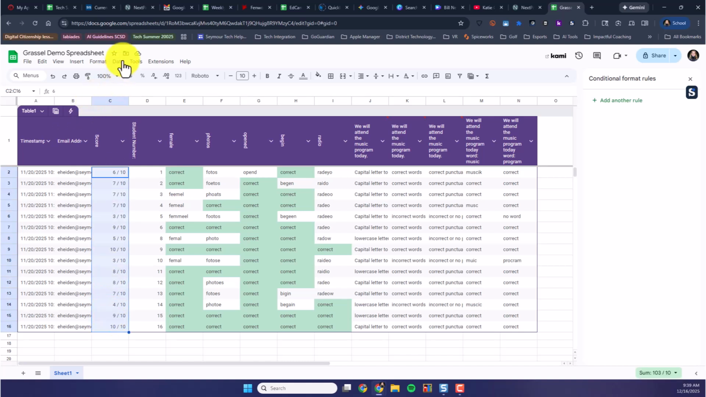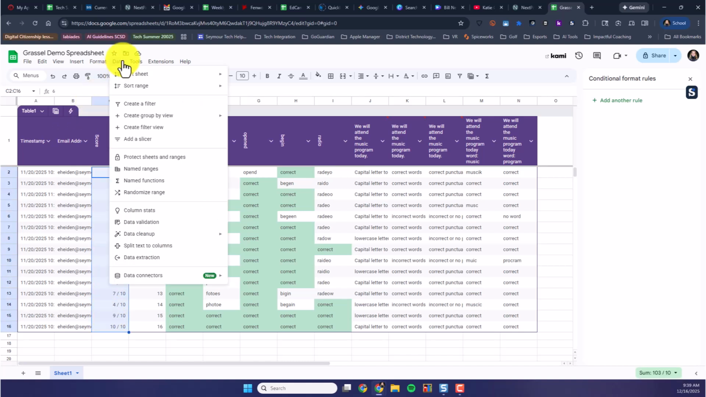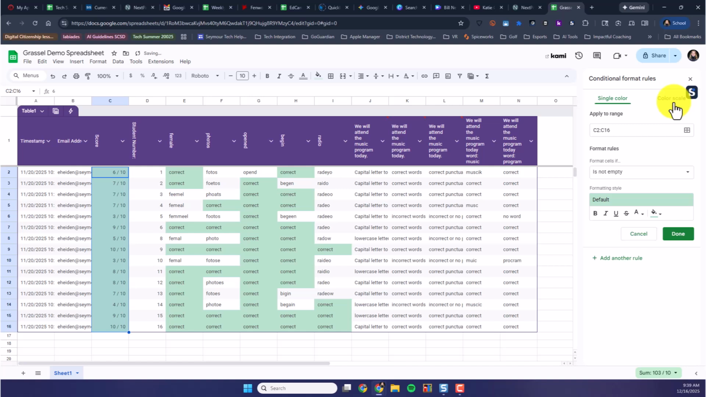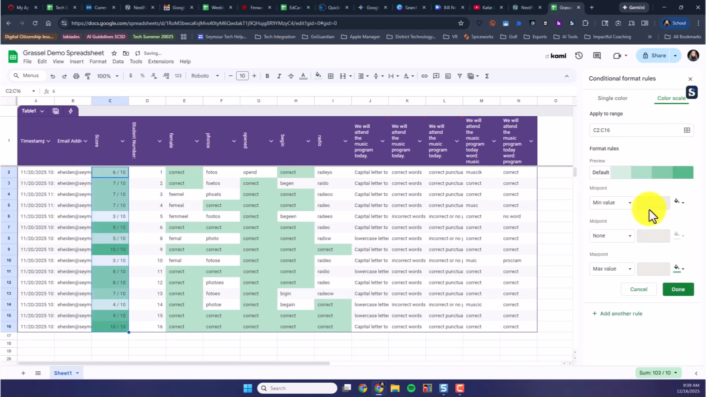So I can go ahead and go here, Data. And then I can go to Format, Conditional Formatting, and I can do a color scale. And I would say the minimum value that I'm going to go ahead and apply to, we can see there that you're going to have shades of green, meaning if they are